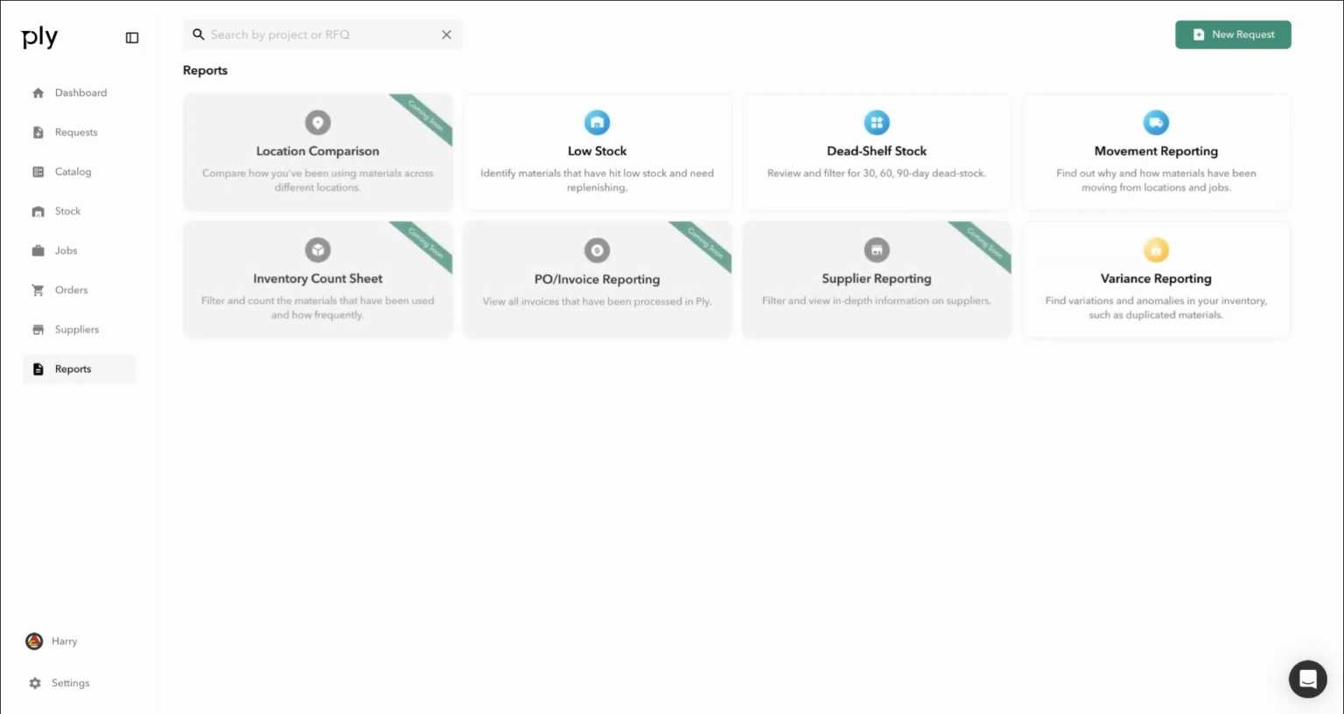Within Reports, we have added a number of default reports that allow you to kickstart where you want your reporting to come from. You can see here that we have launched low stock reporting that allows you to identify materials that have hit a low stock and create a replenishment list. Dead shelf stock allows you to easily maintain and filter for items that are 30, 60, 90 days in a